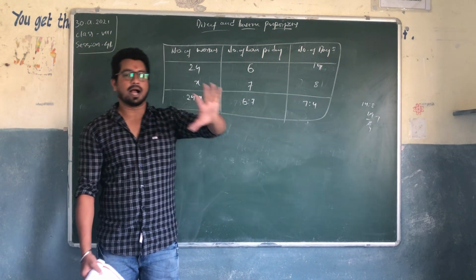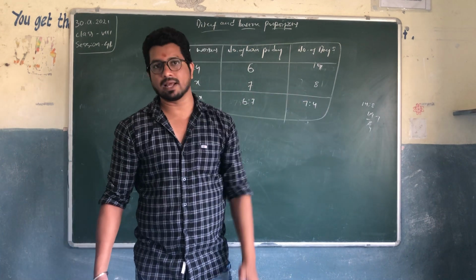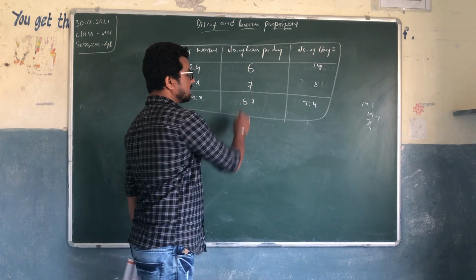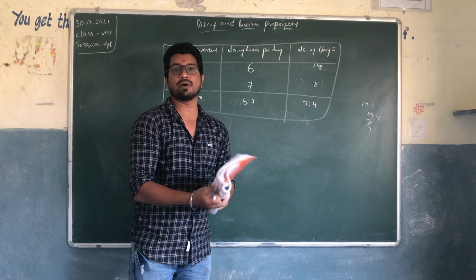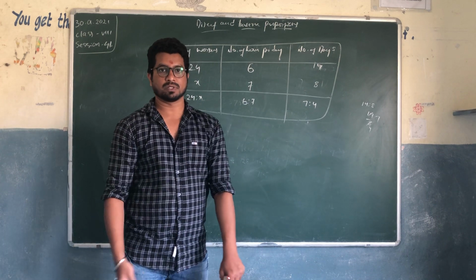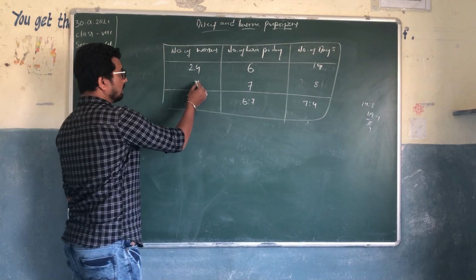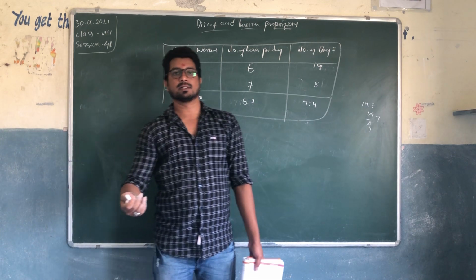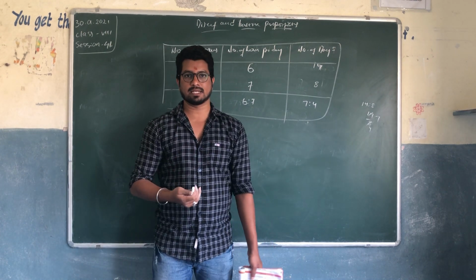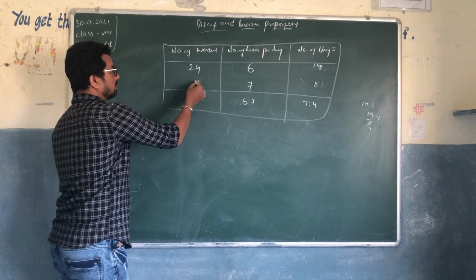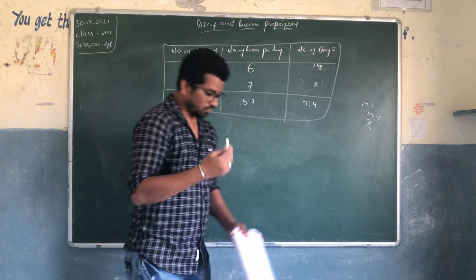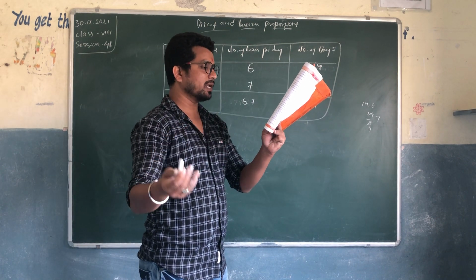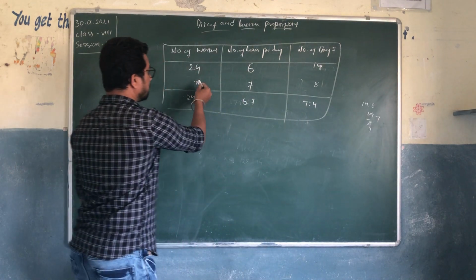If I said I want you people to complete this work a bit early, so you need to complete this work in just 7 days. Sorry, per day you need to work 7 hours to complete the work. Okay, then what happens? Number of workers will be less. If they are working for more hours, then work will be completed early, right? So at the same time, the workers will be changed. So here number of workers is inversely proportional to number of hours per day. When they are working more, the workers will be decreased, right?